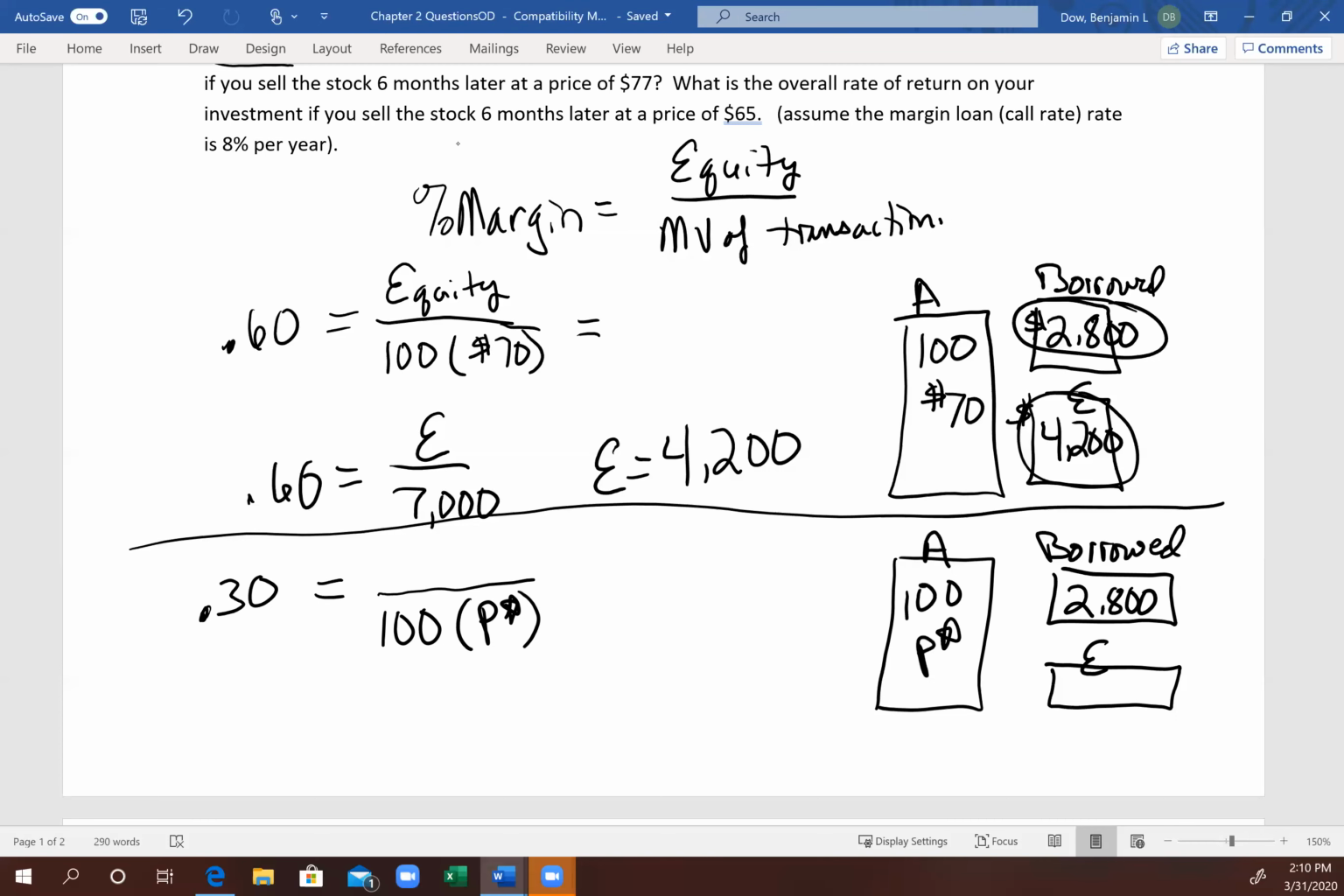So you've got to figure out what happens to your equity position. Well, it's going to drop to like 3,200. So what they want to figure out is when will that drop to where your percent margin is now at 30%. Since we don't really know what the equity is, and the equity is dependent on assets minus liabilities, then